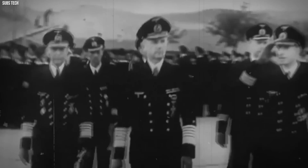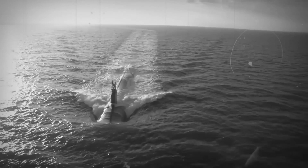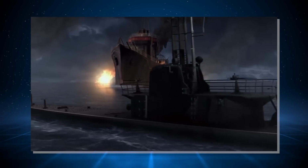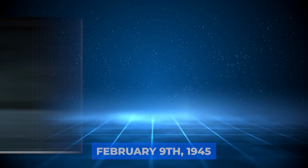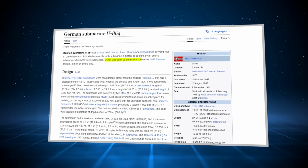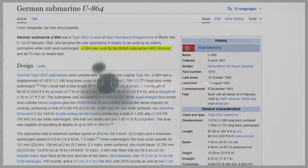Throughout more than a century of naval history, submarines have crossed paths and sometimes clashed in battles. However, amidst this extensive history, there stands a singular event, an extraordinary underwater encounter that occurred at the close of World War II near the Norwegian coast on February 9, 1945. It was then that the British submarine Venturer successfully torpedoed and sank the German submarine U-864, which was transporting vital